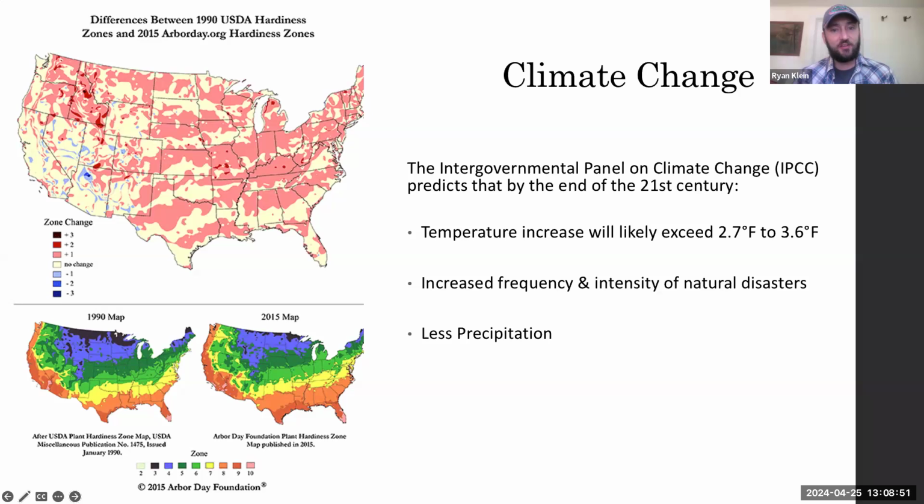Here in the southeast, we're going to have warmer minimum temperatures, less precipitation. So as a result, species migration, whether it be something that we impose based off of planting trees in whatever areas of the landscape, or naturally, things are going to change, and species that are currently adapted to certain areas might not be as fit for those areas moving forward, and then other species might actually perform better.